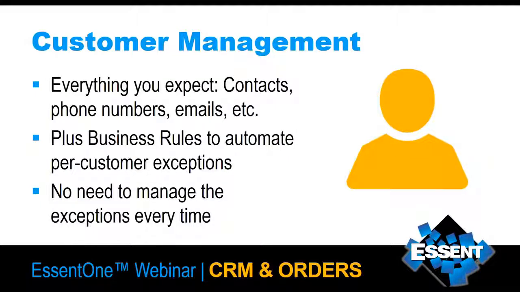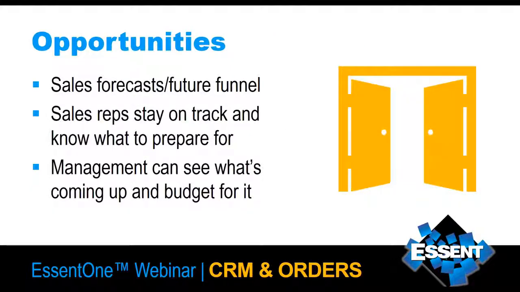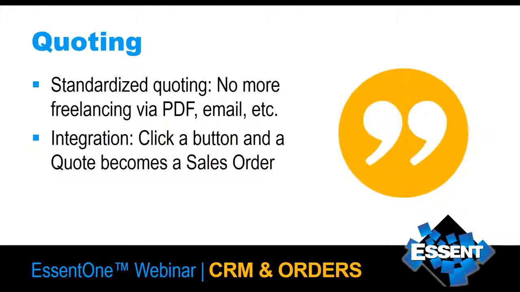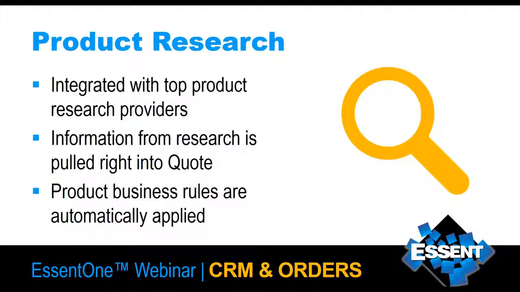So in summary, what we just looked at: customer management, so everything expected from the contacts and the phone numbers. We looked at the business rules and how the system will manage the 90% and you just manage the 10% of the exceptions. We looked at the detail of opportunities in sales forecasting, how sales can manage their funnel, sales reps can stay on track, and management can see as an organization what we have coming down the pipeline. We looked at quoting, emailing out a PDF, and how, with a single click, that quote can become a